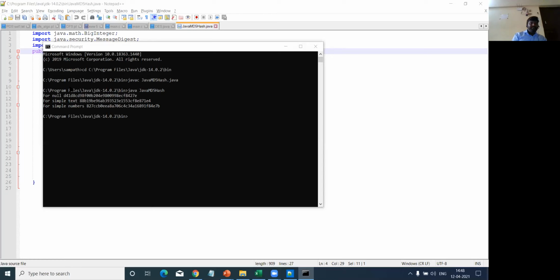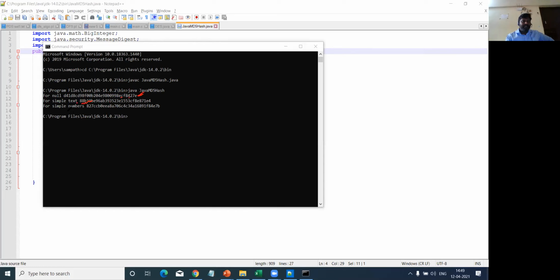So here the first part is, I'll take the annotation. Give me a second. So now, this is the first part through which, if the message is a null message, this is how the outputs are created. And if it is a simple text, this is the hash code which is created.